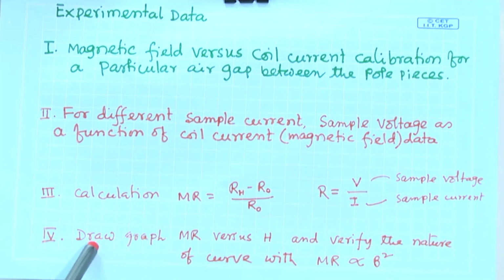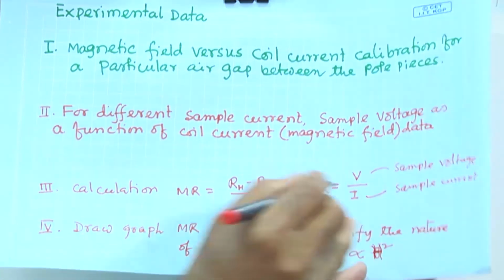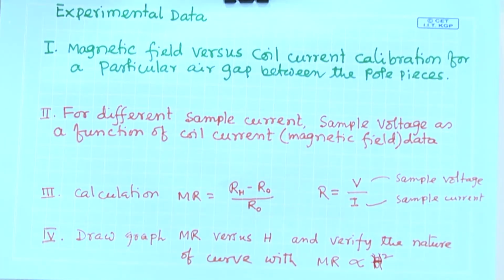Okay. So, next we will draw a graph of magnetoresistance versus magnetic field. Okay. And then we will verify whether we are getting this parabolic curve or not. Whether you are getting a linear curve or a parabolic curve, or it is fitting with some other parameters. So, here we will verify MR is proportional to, here I have written B, so one can write B also, but as I told H, so I will write basically H square or B square also, then I have to write B at all places.